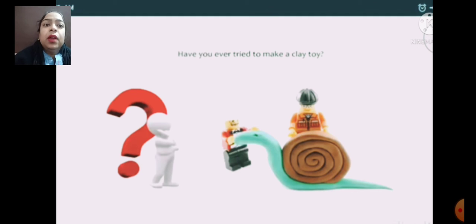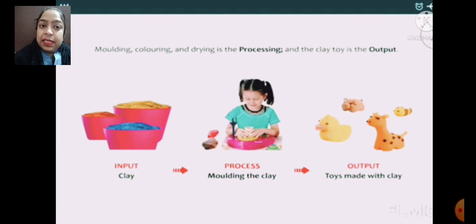Have you ever tried to make a clay toy? Firstly, you have to model the clay, color it, and dry it, and that is processing. First you take the raw material, after that you mold, color and dry the clay.